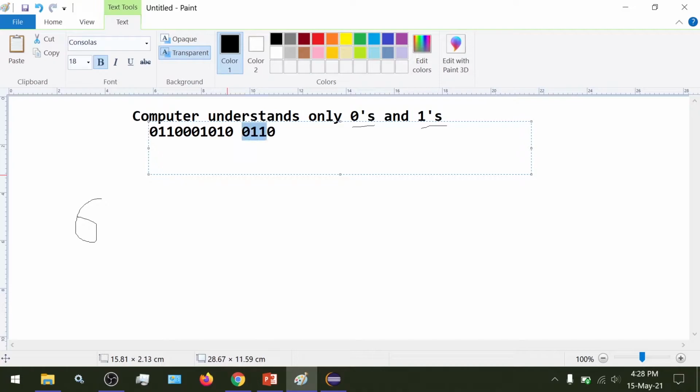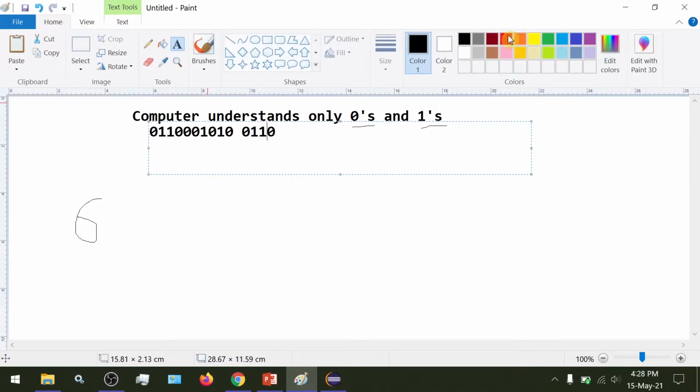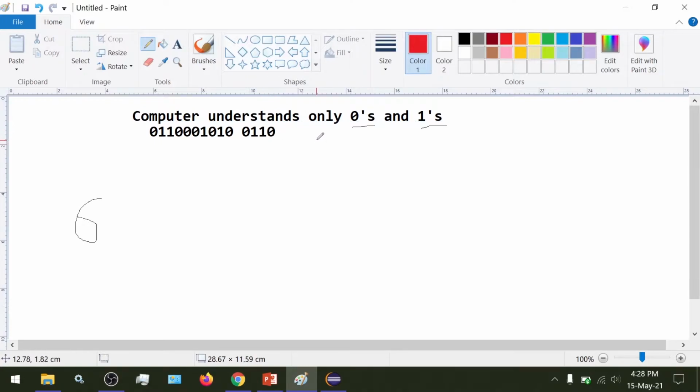But just understand that a computer represents all of its data in a sequence of zeros and ones. It can either be 0 or 1. That's the only thing the computer understands. Whatever data we give in our understandable form is converted into a sequence of zeros and ones first, then it is processed by the computer. If we consider a single 0 or 1, then this is called a bit.